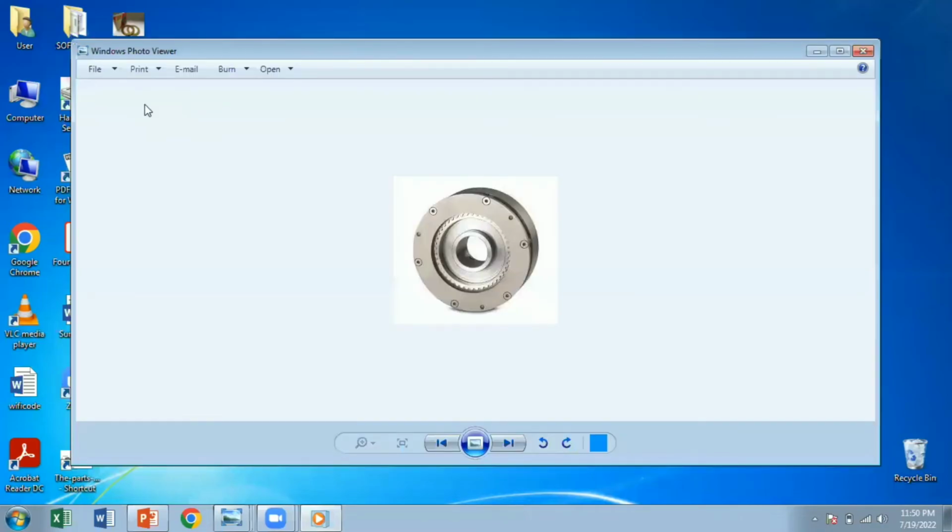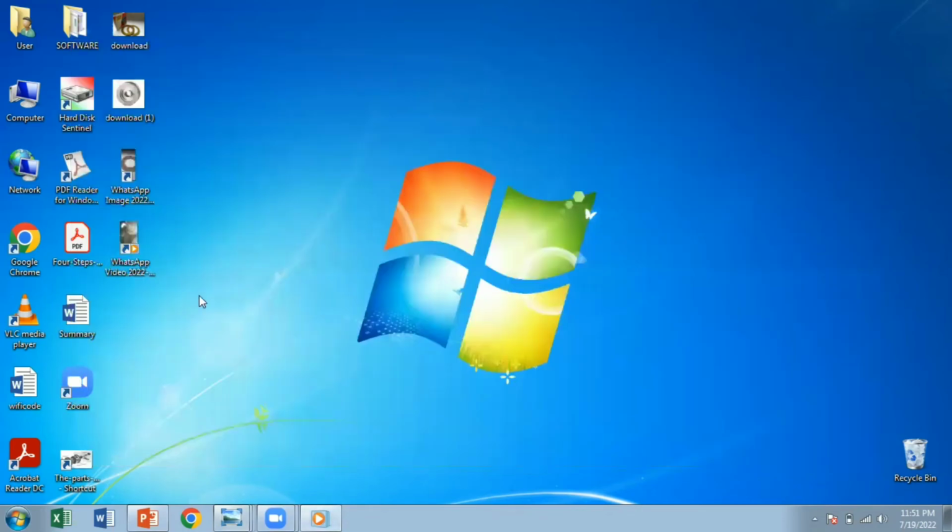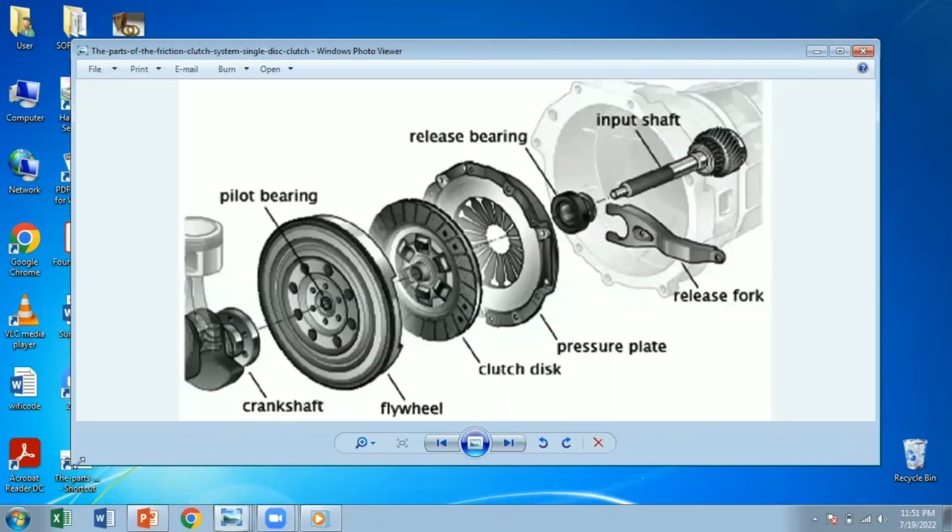But in a brief view, this is the clutch that we use in that machine. There is an allen bolt, one magnetic. There is a shaft size, and when we mount the clutch on that shaft, it will perform the rotary motion